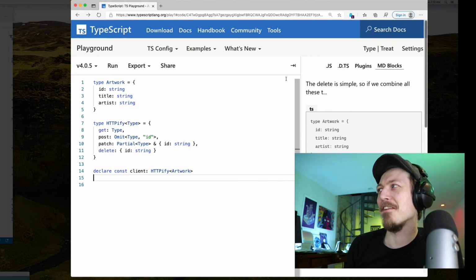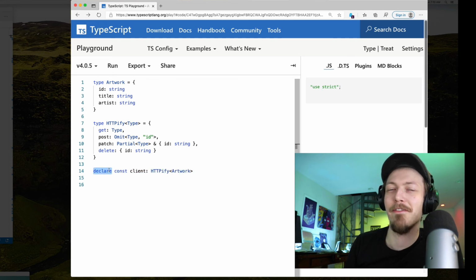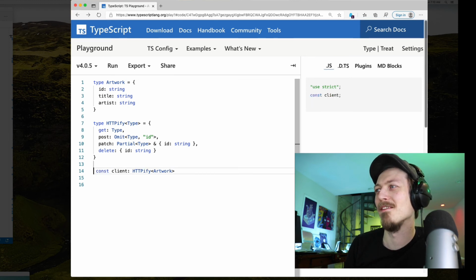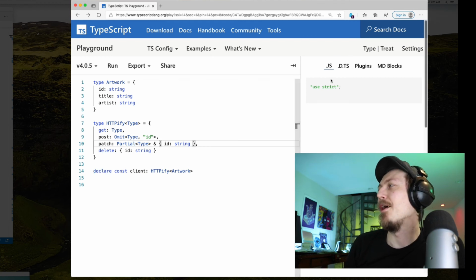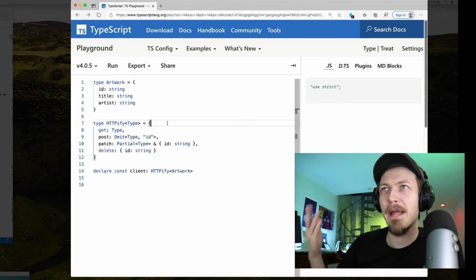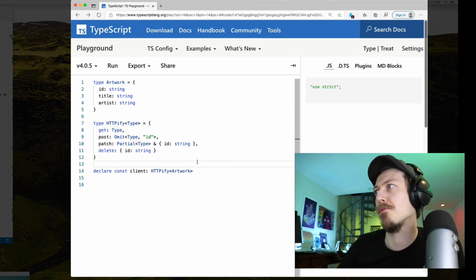And all of this is done entirely in the type system. There is no code in this code sample. This declare here is just a lot like, I don't know, defining. I don't even know if there's an equivalent in Swift and Objective-C. It's just a way of declaring a global variable. This is so I don't have to write out the entire object. And so TypeScript provides all these interesting sort of pipeline-y systems that allow you to do all sorts of interesting work. And then one last thing before we start to wrap up.